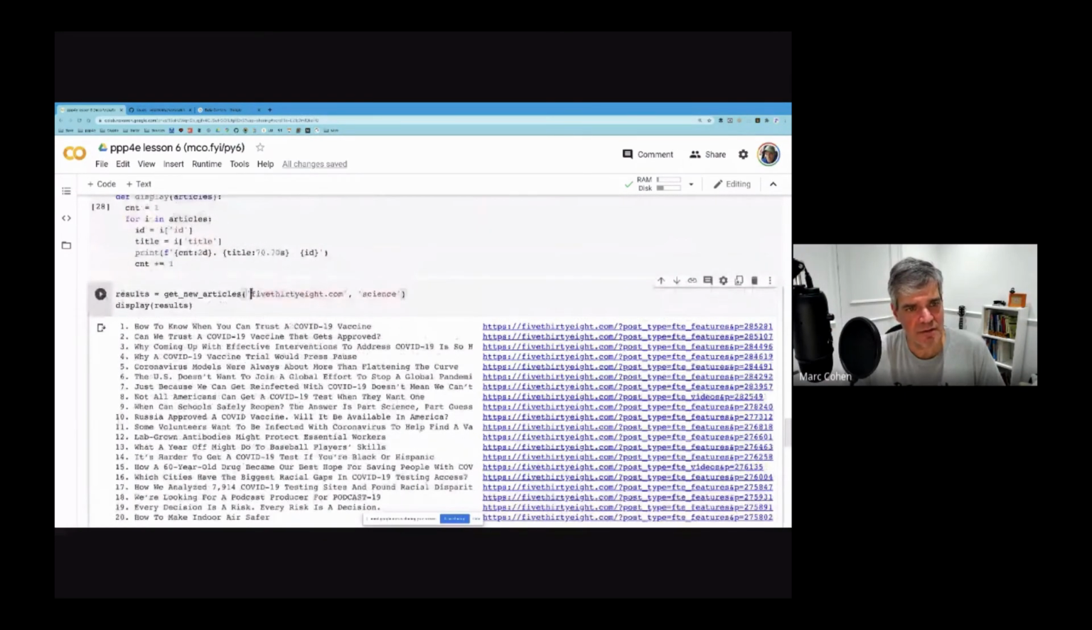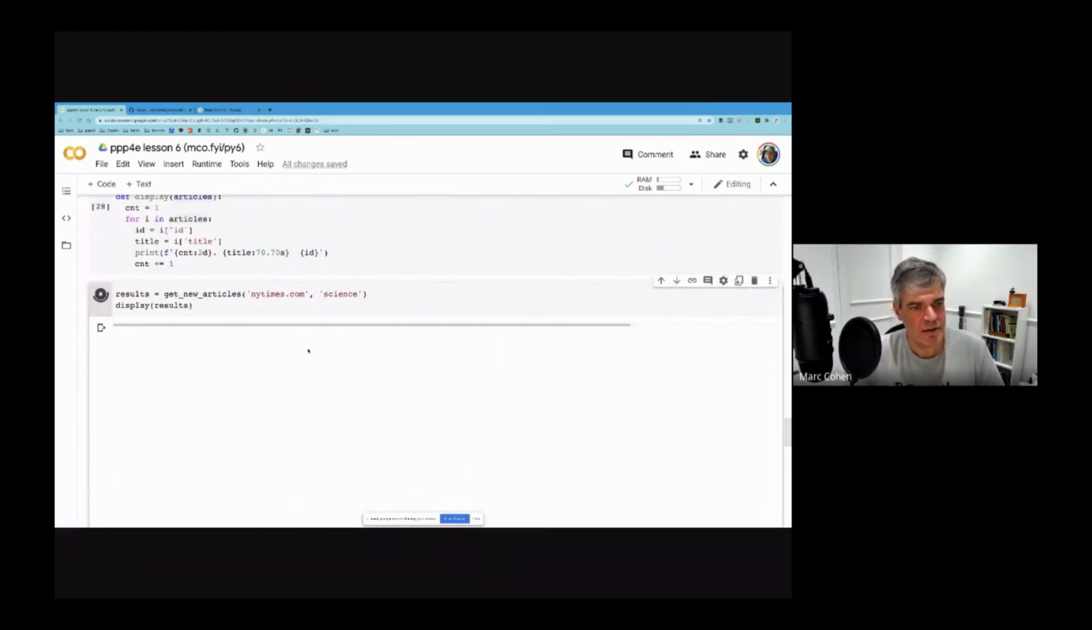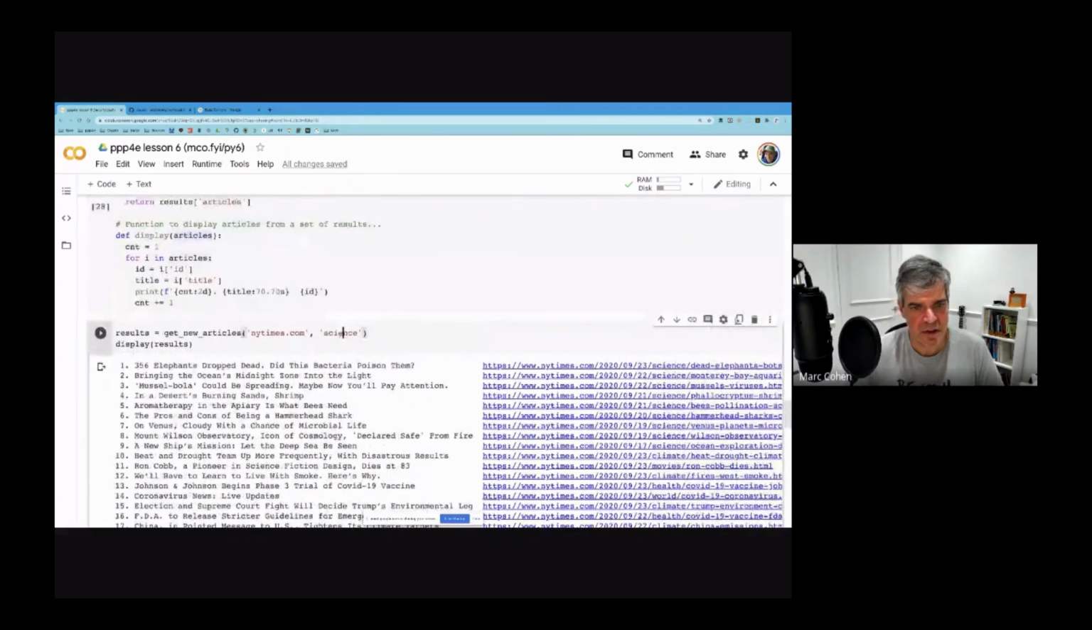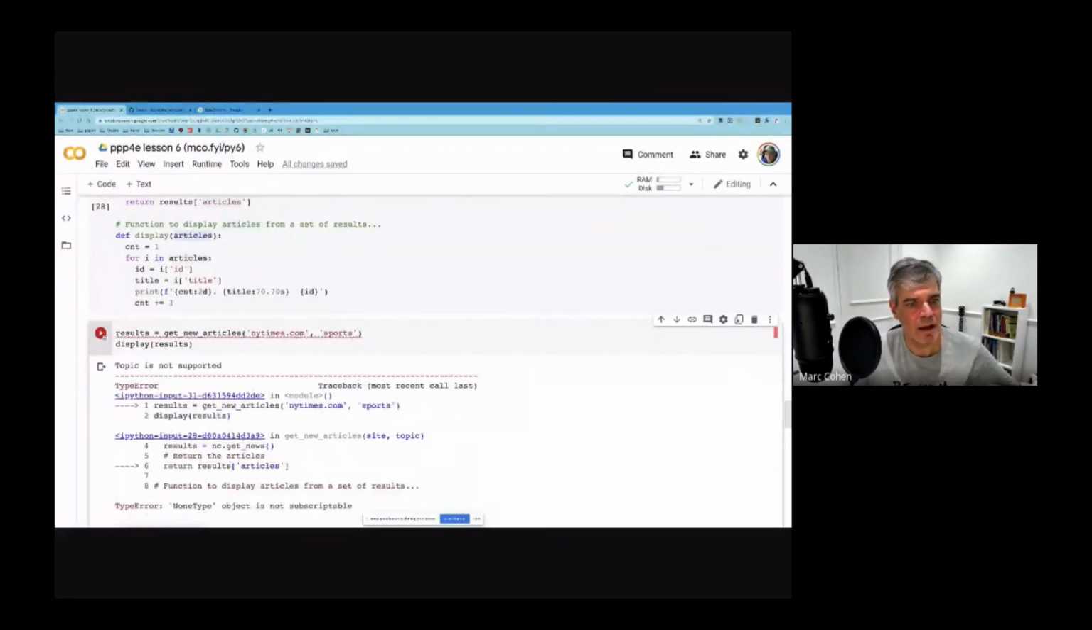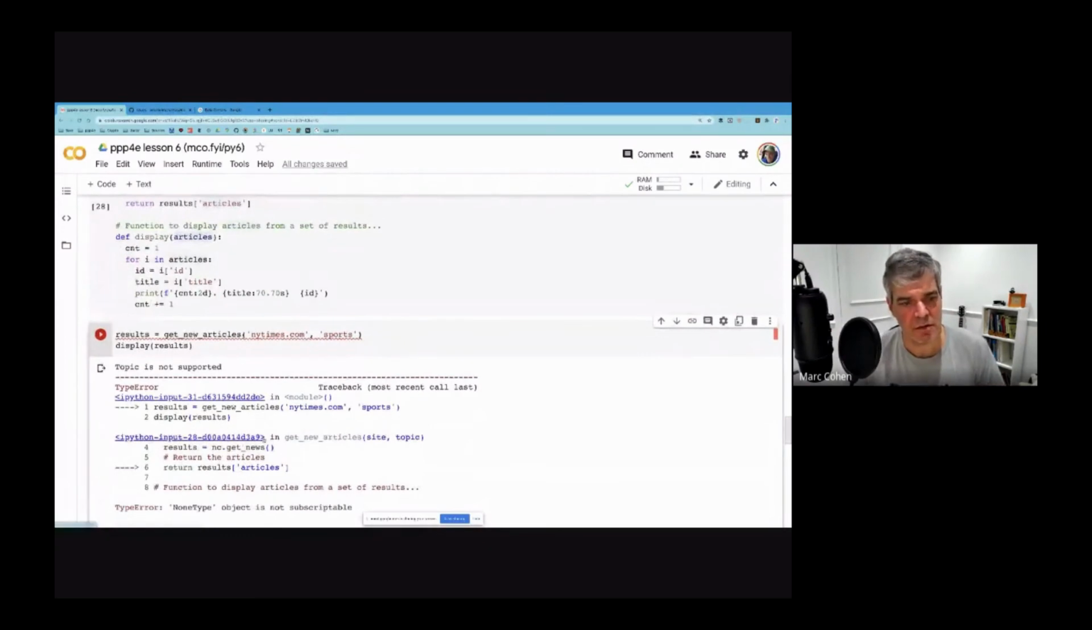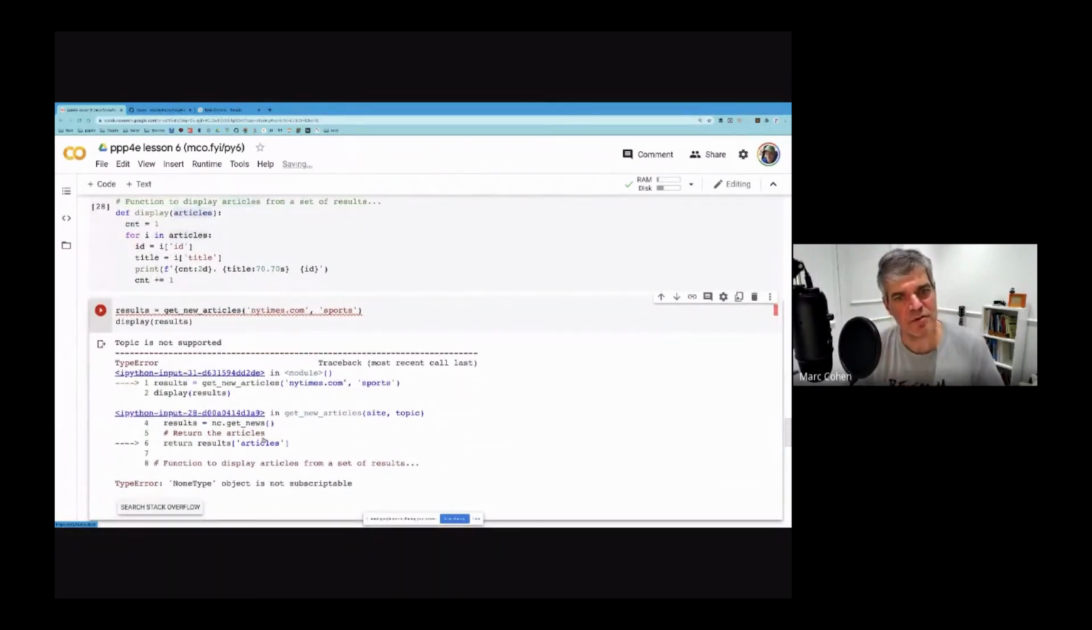And you can try a different site. Let's try NewYorkTimes.com. There's all the articles about science in the New York Times, quite a few. I can change the topic to sports. And it says there. So obviously I need to do a little better with my error checking, because if there's no topic called sports, I'm getting an error because I'm dereferencing something that's empty. It's this